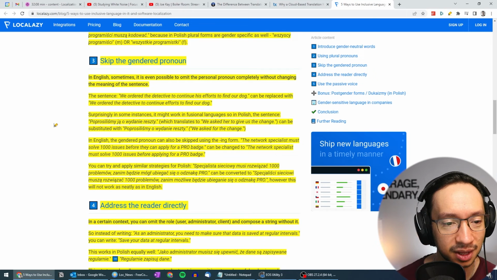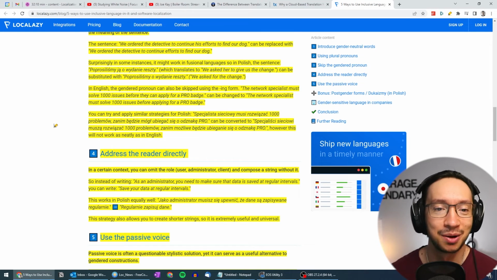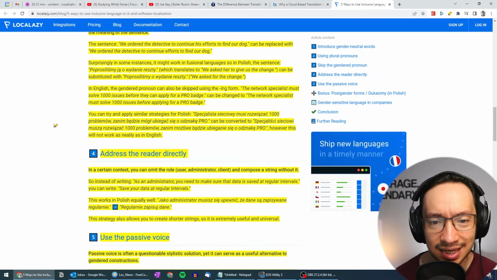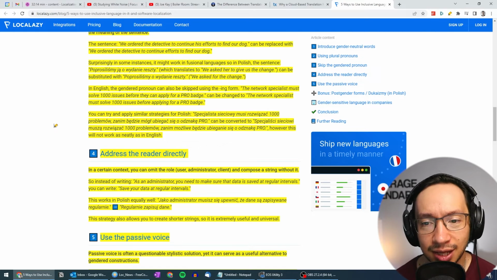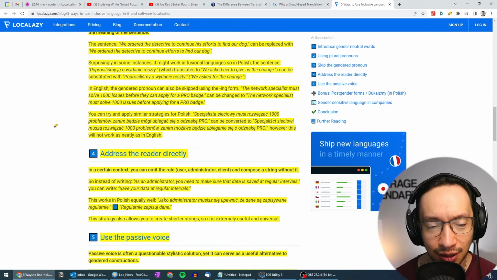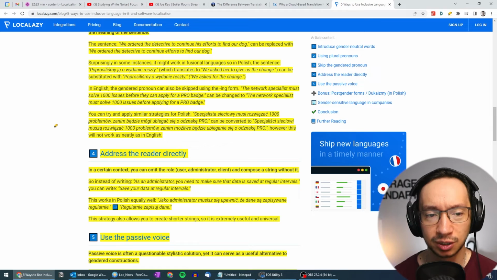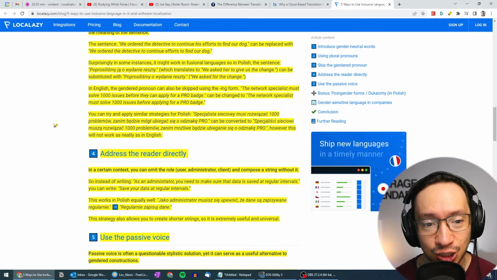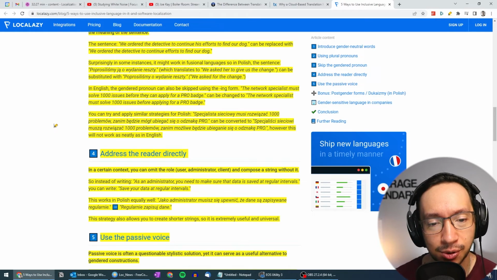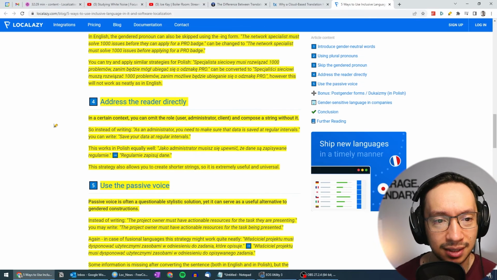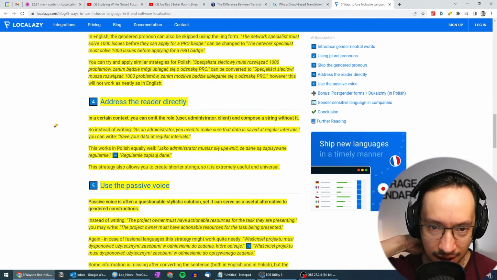Okay, I get it. In English, the gendered pronoun can also be skipped using the ing form. The network specialist must solve 1000 issues before they can apply for a pro badge. Can be changed to the network specialist must solve 1000 issues before applying for a pro badge. You can try and apply similar strategies for Polish.